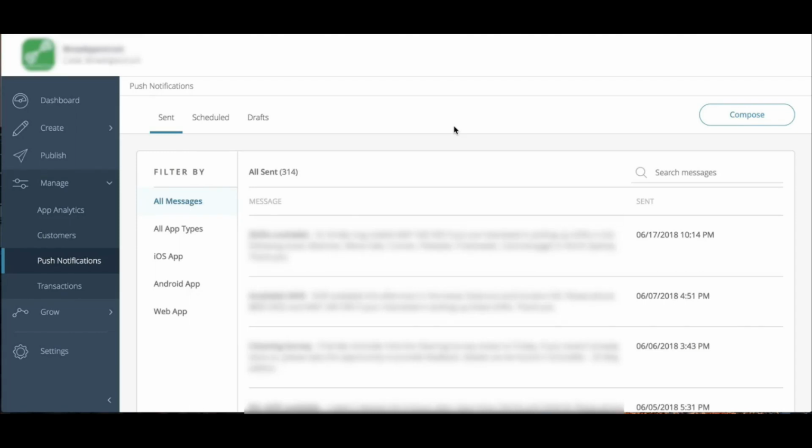Now let's get started on the push notifications page. Our push note system has a great deal of options for customization that helps you target users the right way. The 5-step push process is quick and simple, and you can do it right through your dashboard. To get started, just log into any of your apps, go to the Manage section, and select Push Notifications on